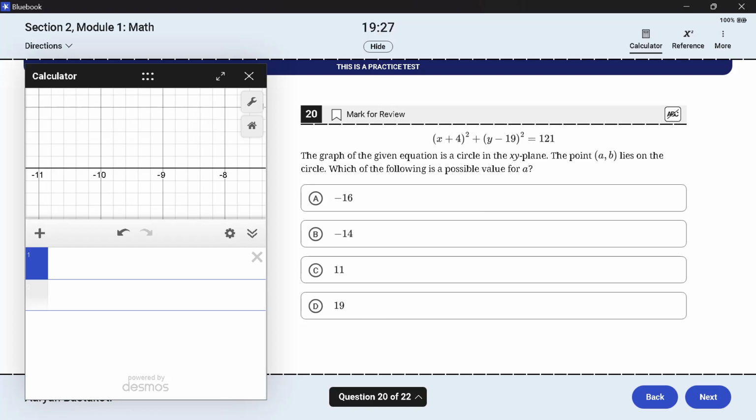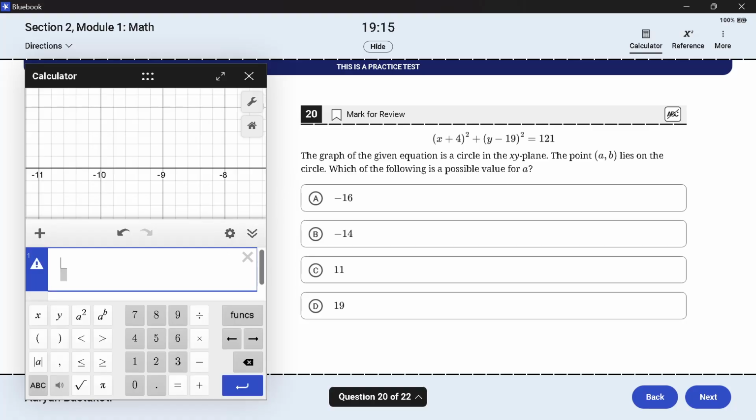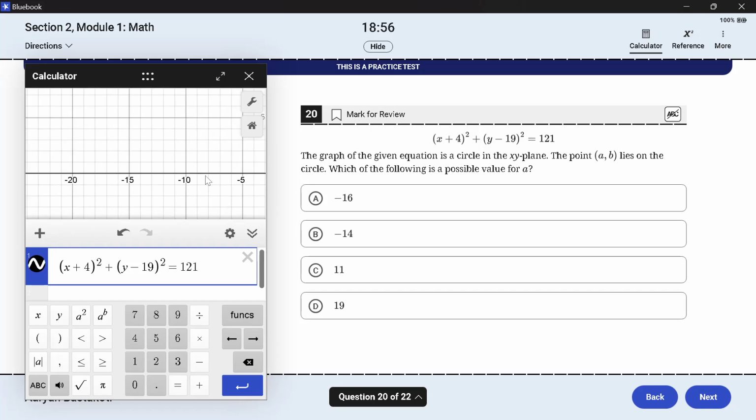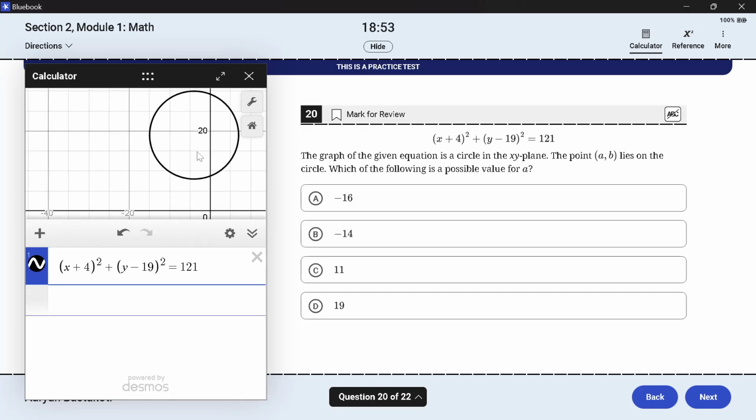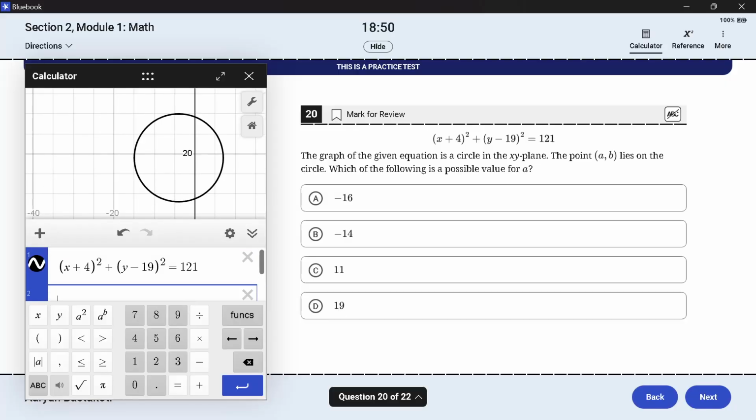The point lies on the circle. So this point should be inside the circle. For this, what we need is not the center, but for squared, we can just plot the circle. 19 squared is equal to 121. This circle must have been plotted somewhere right here. And if we were to choose a random value, say